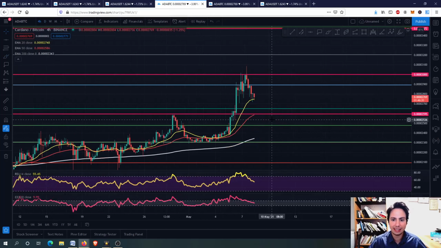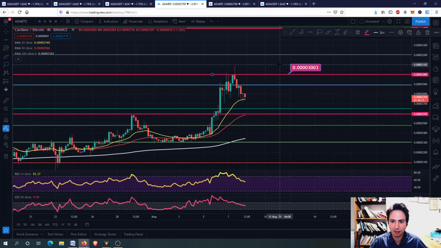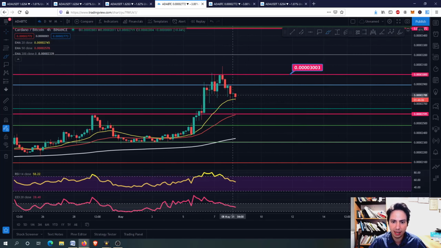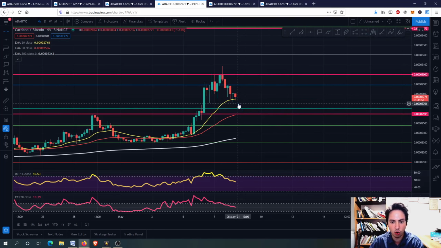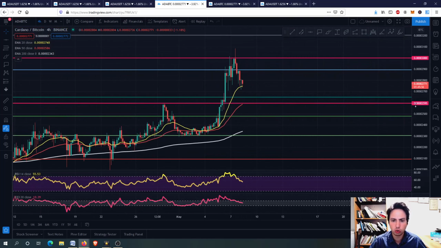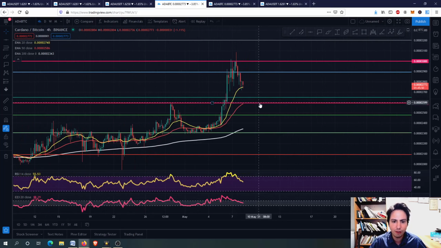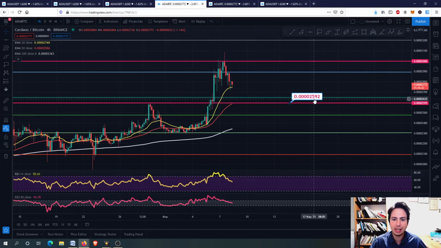And of course we go to ADA against Bitcoin so we can see some more information. Right now ADA against Bitcoin hit this resistance level we drew back in the daily update, 0.403,300 around there, guys. And of course we have this correction right now. We might even test the 0.4026 for ADA against Bitcoin, so we might consolidate even a bit more for ADA against Bitcoin in the very short term. Okay, we might hit, sorry guys, we might hit the 0.618, or we might even hit this support level right here, the 0.40. Okay, we might hit this support level over here. We will see about that.